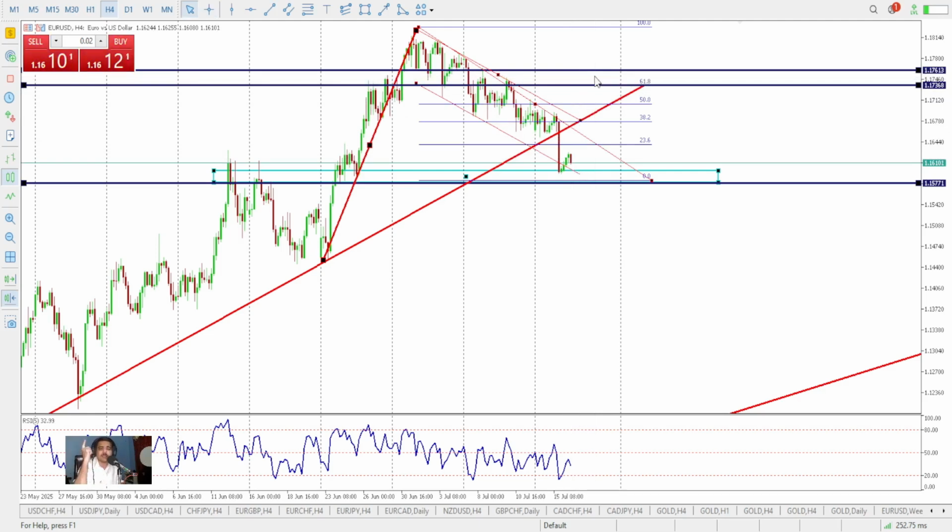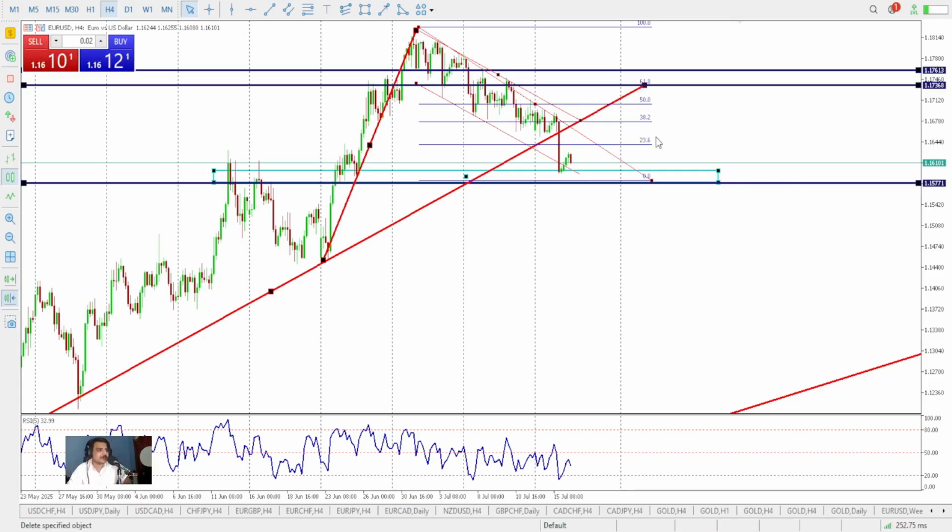But definitely we have to take some responsibility, and we have to put our stop loss at the right levels, so that we can actually make good profits from this particular market on the euro US dollar. So 1.15771 and 1.17368 are going to be very fantastic levels for us. The question is, how do we trade it, and how do we look at this market on this particular time frame? I will be observing 1.15771 first of all, and if I get a sort of rejection from right here,